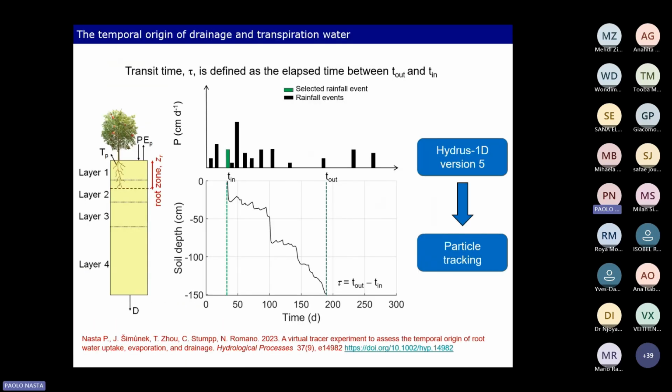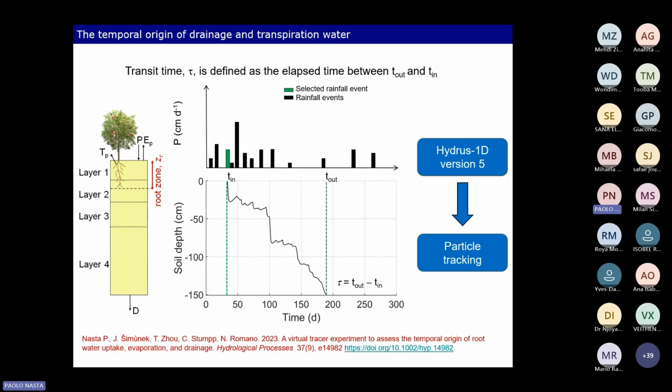And also the transit time is another very interesting indicator, because it exploits tracer transport, and we can use the hydrological model as well to run several simulations. So the transit time is defined easily by the difference between the arrival time at a certain target position and the entry time. In this example, you can see that if you want to trace a water parcel originating from